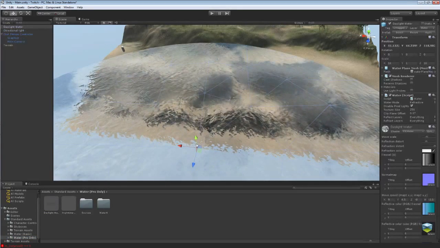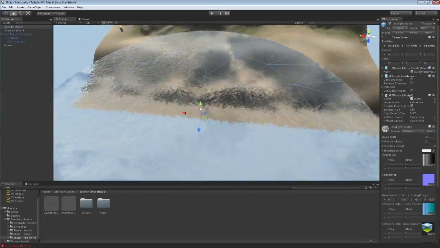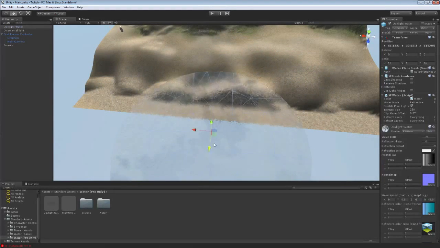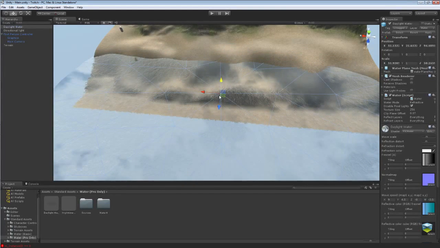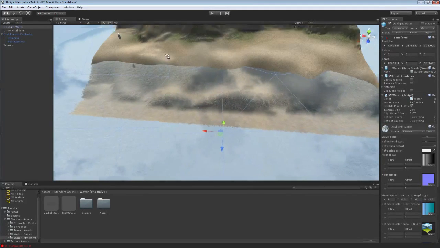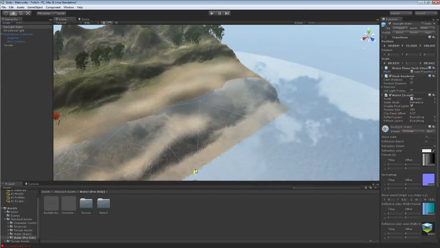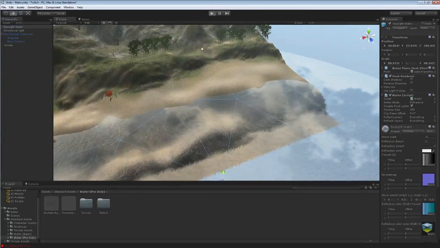There we go. And drop that down a bit, bring it in a bit, drop it down a bit. There we go. Scale it a bit. Scale it a bit more. Scale it a bit more. And you can see it's a giant disk. That looks reasonable. Kind of higher, maybe. Okay, and so now when we press play,